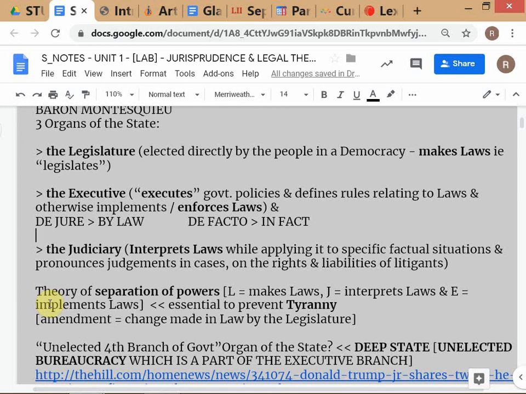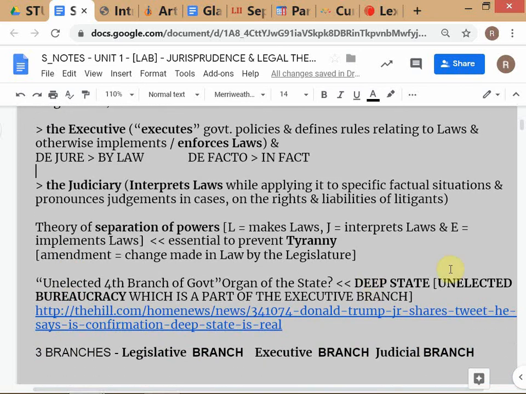Yes, sir. So the executive branch has two types of people. One is the set of people who come in and go out based on elections, who win the election, and then some of them go out. But there's also a part of the executive branch which is what we call the unelected bureaucracy.